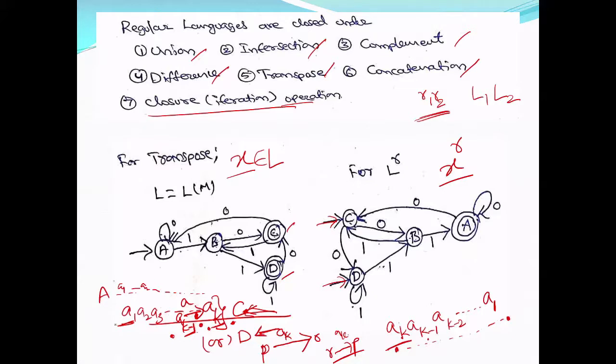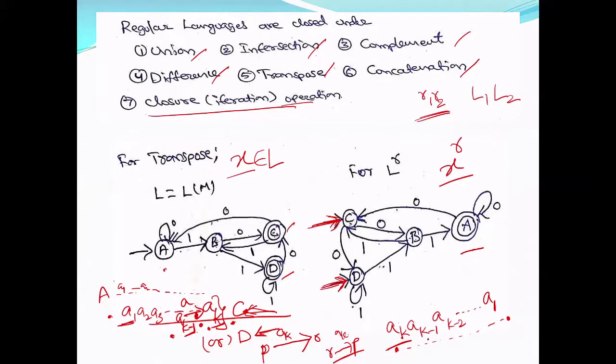So what should be the final state? It has to reach the initial state of your original FA. So what should be my final state? The initial state of the original DFA. So this is going to be now my final state. So initial states can be anything. The final states of your FA become the initial states. You can start either here or here, but both should be made initial states. Otherwise, it's going to be wrong.